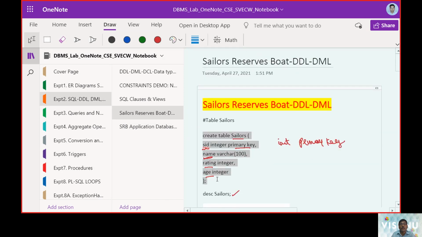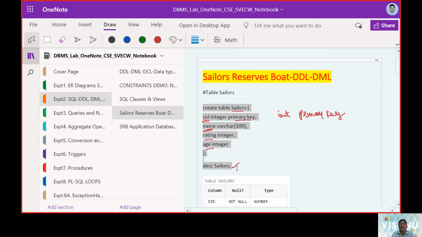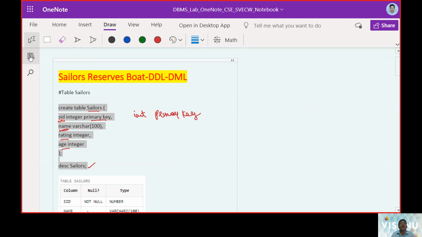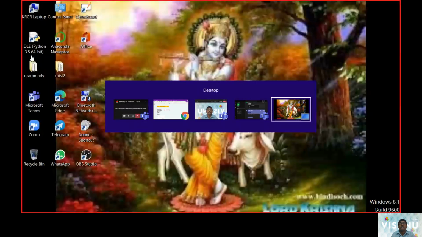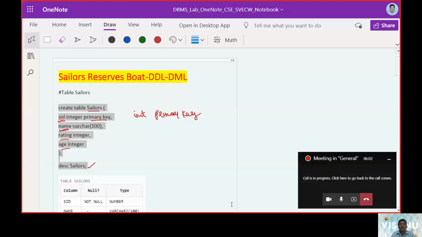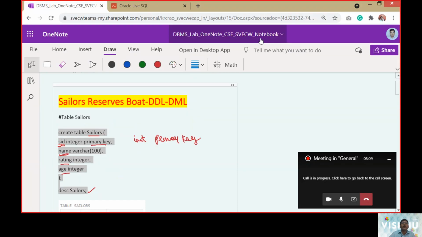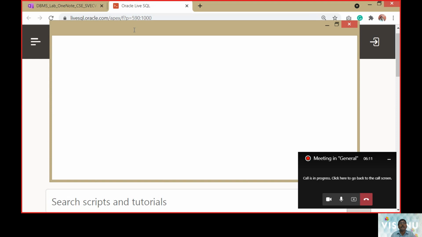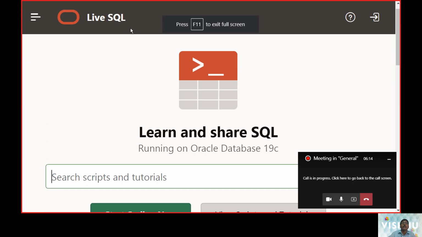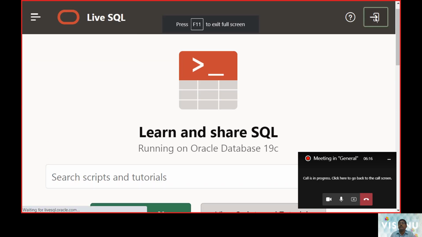As it is live lab-oriented content, we need to move on with this task, that is, we need to execute the live SQL part. This is what we are expecting from live SQL.